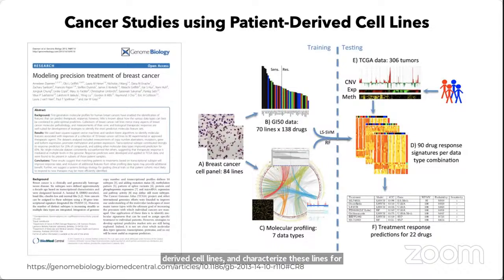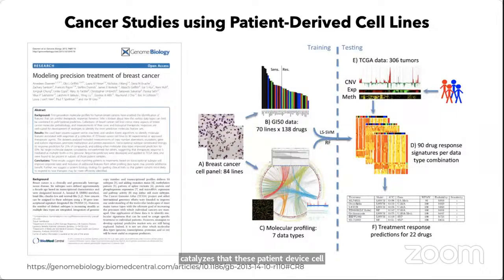So the advantage of using a model system like cell line data over patients' data that can be obtained from the Cancer Genome Atlas is that these patient-derived cell lines can be subjected to several